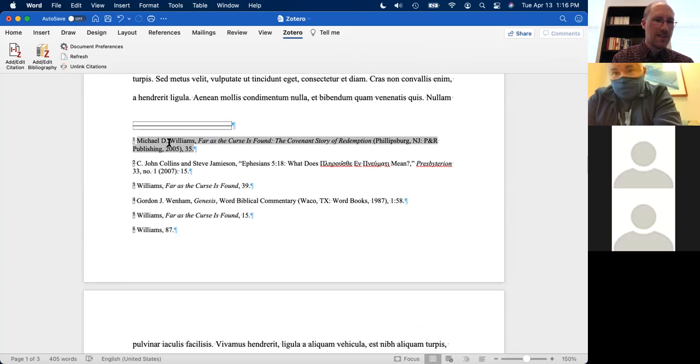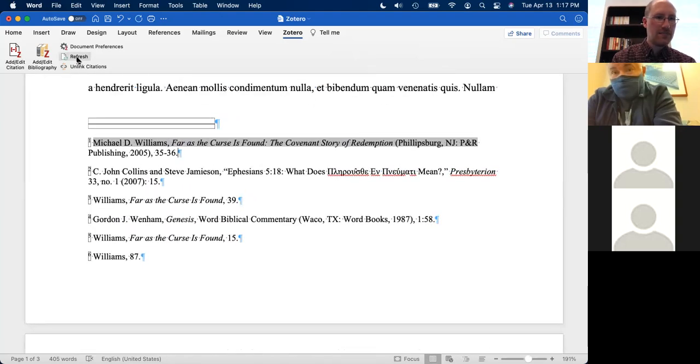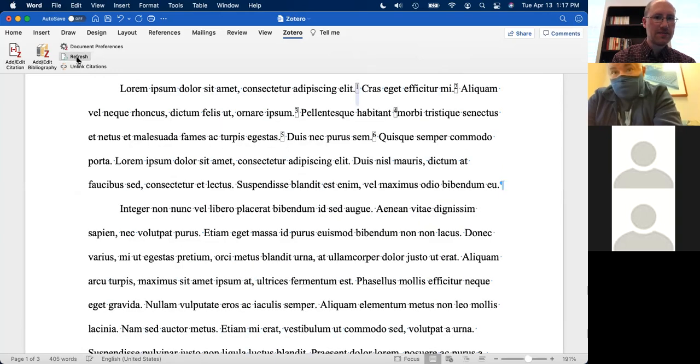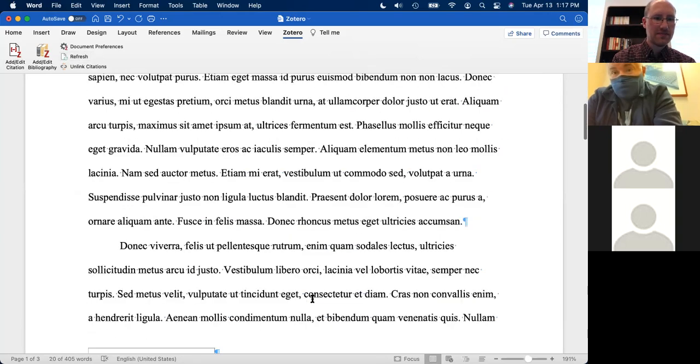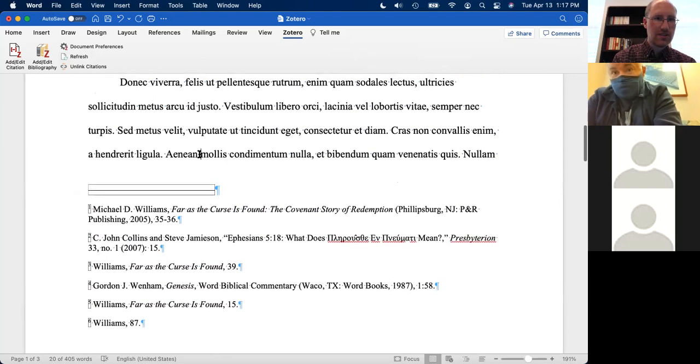These are Microsoft Word fields, and this is telling me don't manually edit anything in here. If I wanted to say, oh no, this should be page 35 to 36, it'll let me do that for now, but next time I refresh, it should